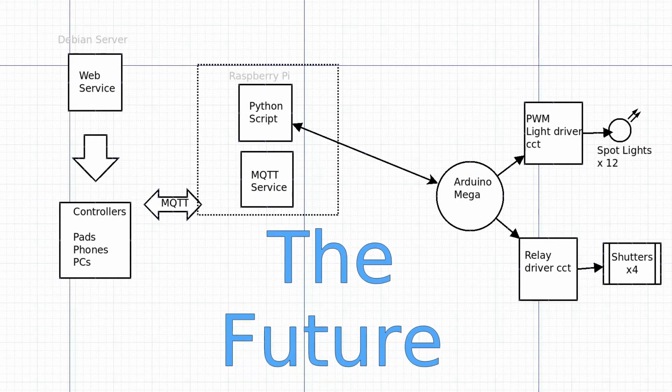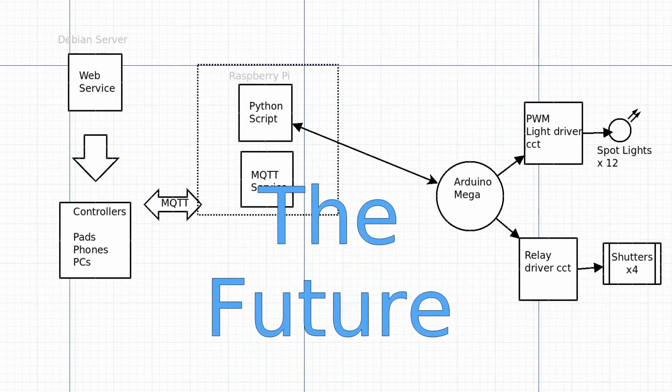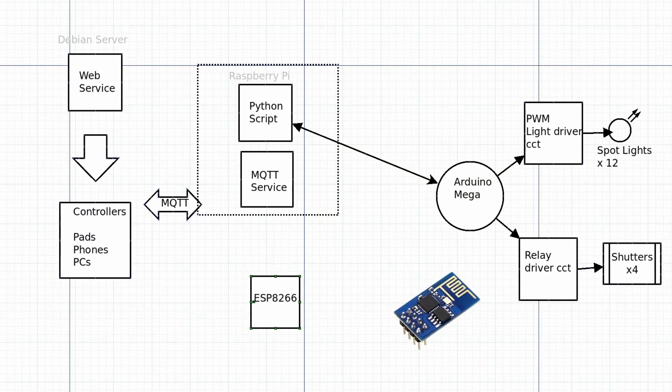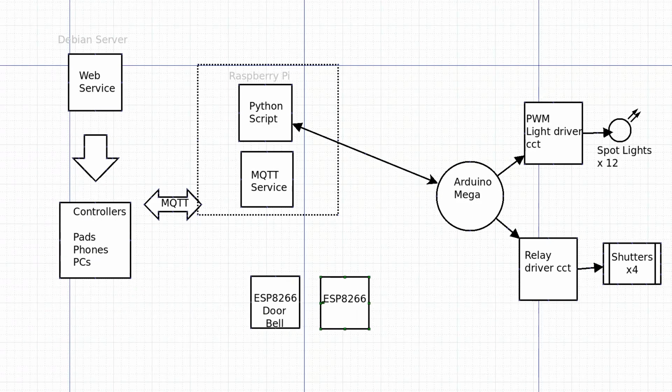And now some news for future implementations. I've got to be really careful that I don't fall into feature creep with this. But some things I would like to implement. I do have a handful of ESP8266s, and what I would like to do is implement these as a doorbell tester, because when we're in that room and the doors are closed and things are loud, you can't hear the doorbell ring. There's that. There's a garage control